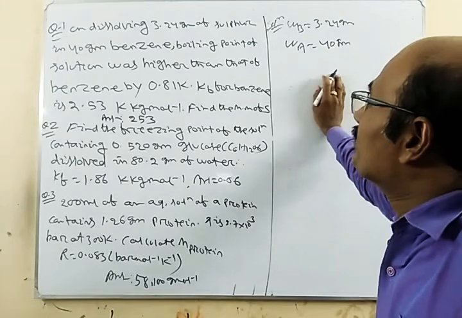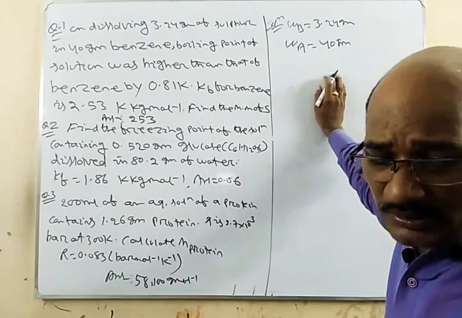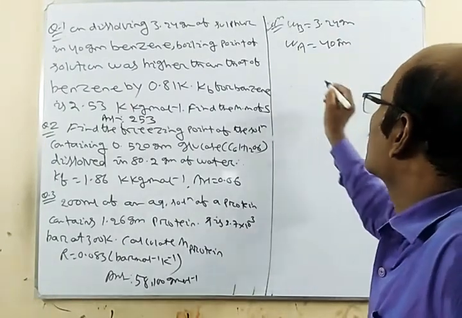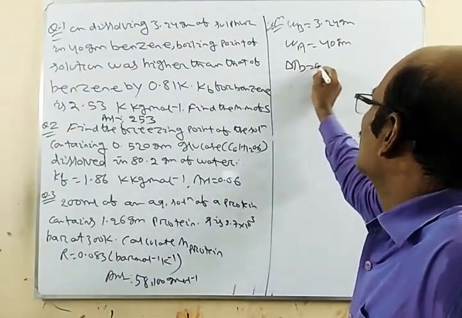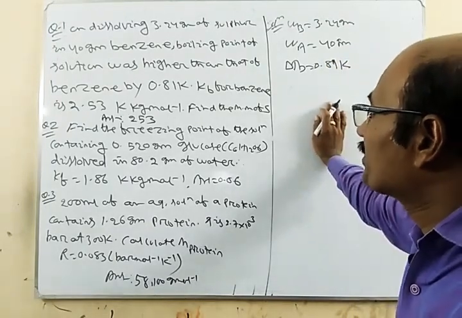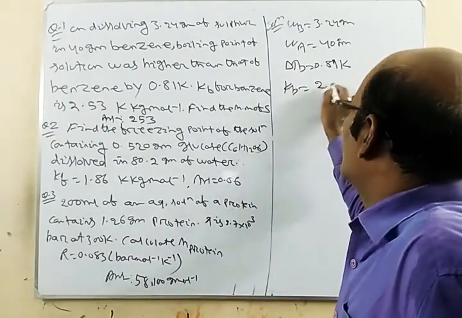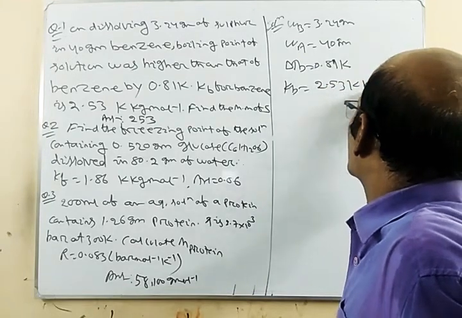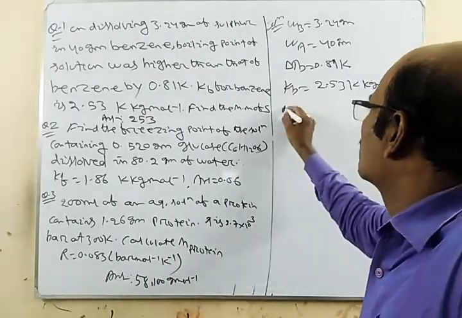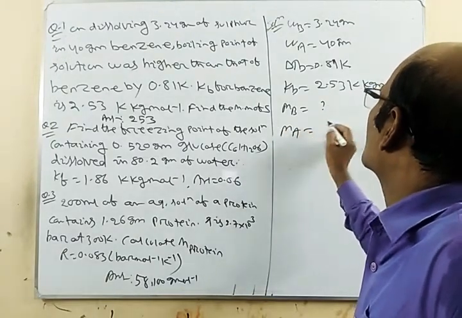The boiling point of the solution was higher than that of benzene by 0.81 Kelvin, that is delta T_B equal to 0.81 Kelvin. Then the K_b for benzene is 2.53 Kelvin kg per mole, and find the molecular mass of solute M_B, and we have M_A, that is benzene,